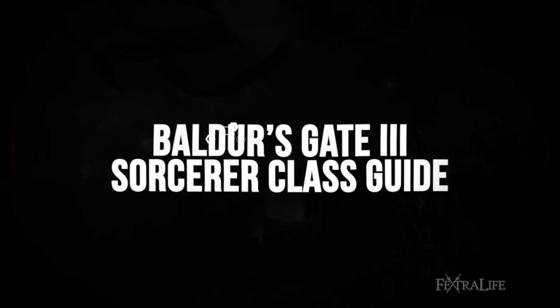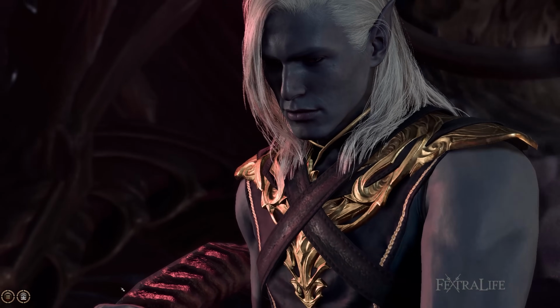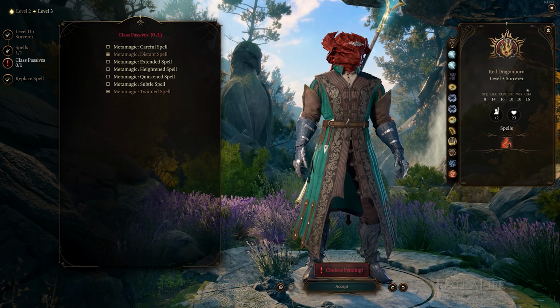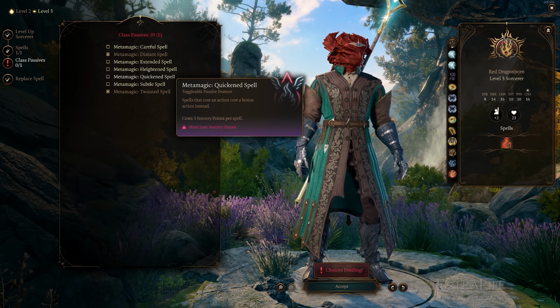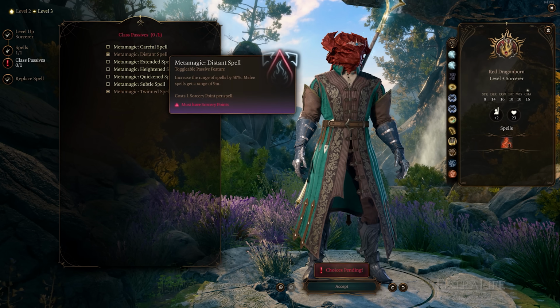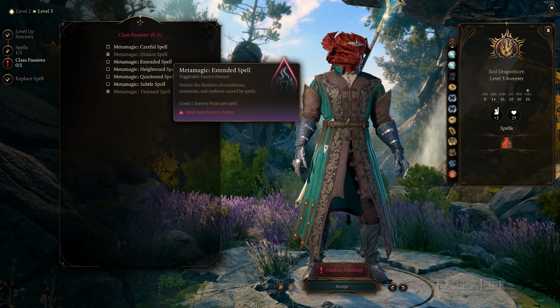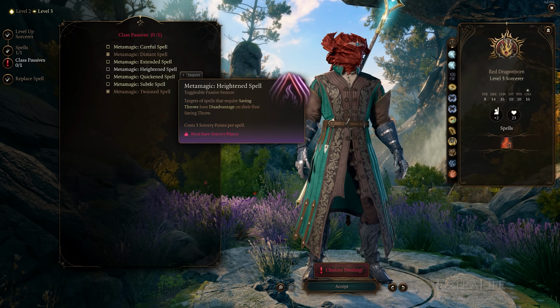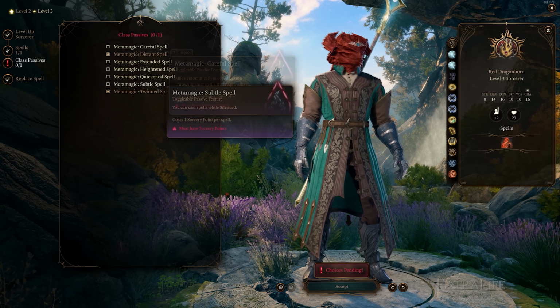Sorcerers in BG3 are an offensive-minded spellcasting class that learns fewer spells than their wizard counterparts, but they can wield the spells they know more effectively thanks to their Metamagic class feature. Metamagic allows the sorcerer to change the properties of a spell, extending its reach, increasing its duration, or even making it cast again on a second target. While wizards have a broader range of spells they can cast, sorcerers are specialists in their chosen spells because of